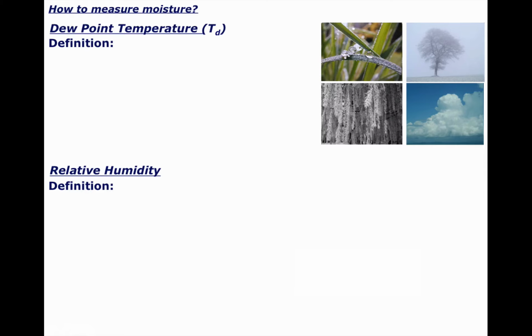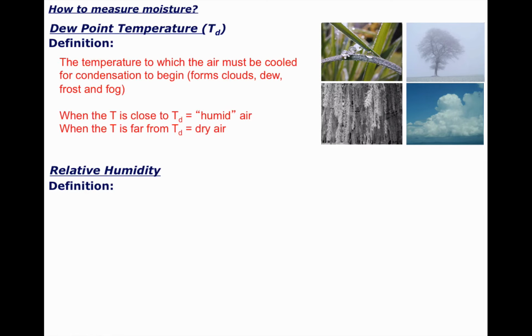So here we go. What's the definition of the dew point temperature? It's simple. It's the temperature to which you got to cool the air to get dew to form. So imagine you're sitting in a room right now watching this video. If you wanted to experience the dew point temperature, go over to the thermostat and crank the temperature down as low as you possibly can. If your dew point temperature is within the range of temperatures that your thermostat and therefore your air conditioning system can handle, you can actually cool it off enough that you saturate the air in the room and you start